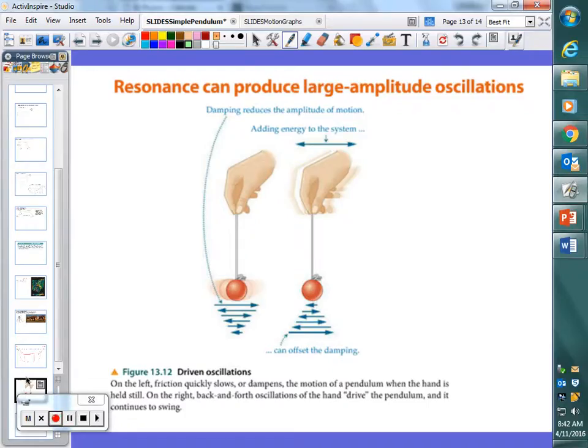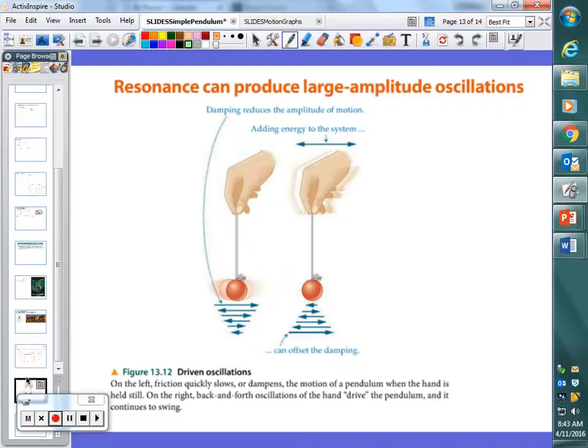But on the playground especially, we don't want this to happen, or at least the kid you're pushing doesn't want this to happen, right? Because that's not fun anymore. So we can keep the amplitude the same, but what do you have to do to keep the amplitude the same? You have to kick on your own, or you have to keep pushing. Now, when you push is important. I can push like this, and I push like this, and I push like this, but if I push like that here,